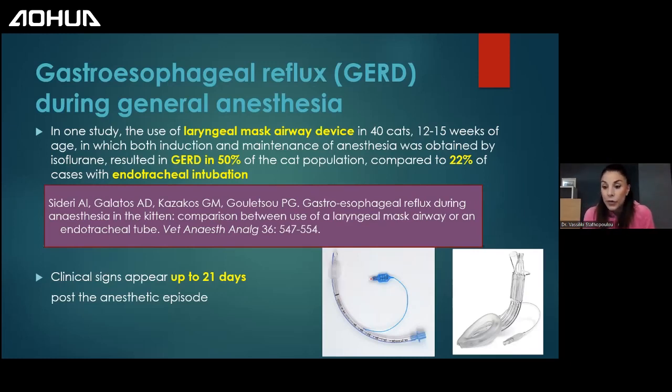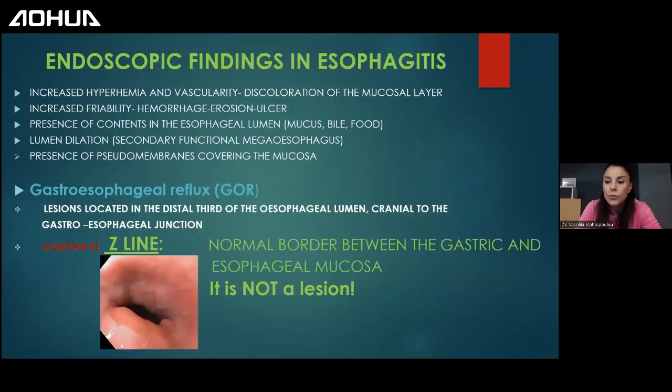So clinical signs appear up to 20 days after the anesthetic episode. So if you have done a surgical intervention to any feline patient, and even a month later they come saying that this cat is regurgitating or vomiting, because they don't know what regurgitation is, always connect it to your prior anesthetic and surgical procedure. And most of the owners will see signs during the first 10 days, but they will not be that prominent. It will be like sporadic vomiting, they will say, which is sporadic regurgitation, maybe ptyalism, hypersalivation,